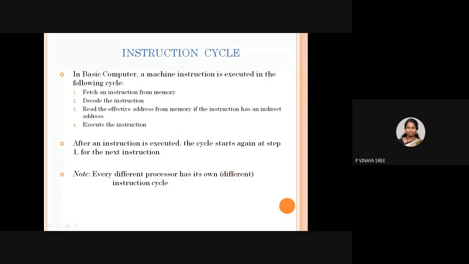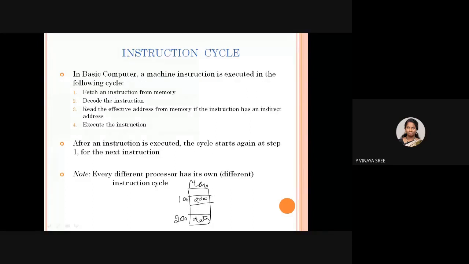Let me give an example so that you can understand clearly. Let us consider this is your memory, where at a particular address, if you go to that address, you get one more address called 200. This is nothing but the address of an address, which is an indirect address. If you go to that particular address 200, you will get the data.